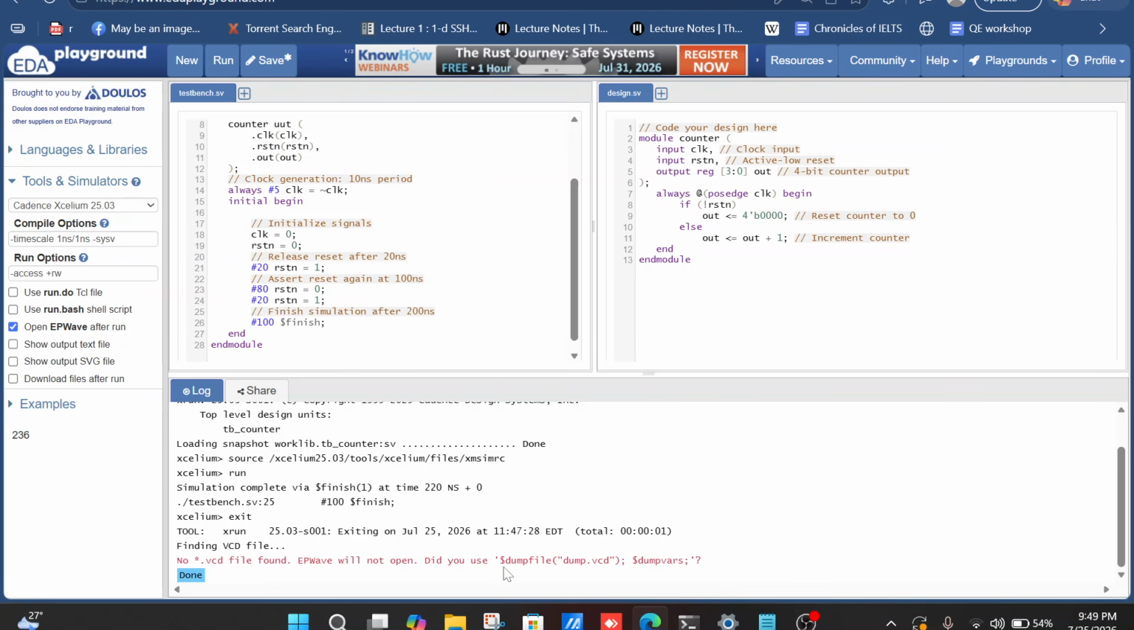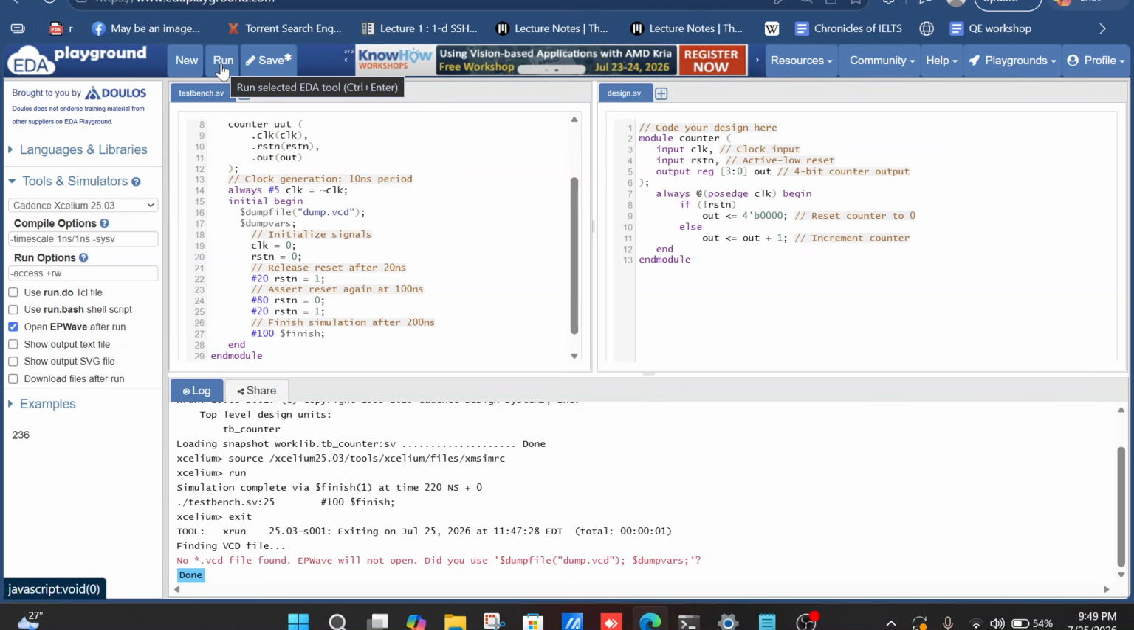So what we're going to do, they have already provided me with a suggestion of what to change. So I'm going to copy and paste it over here. Now I'm telling the test bench to create a file named dump.vcd and put all the signals in it. Now my EPWave should be able to find the file and show me a plot of it. So if I run it again,